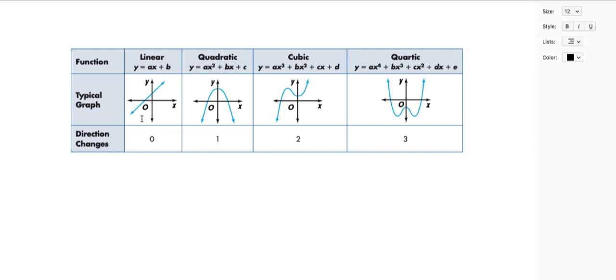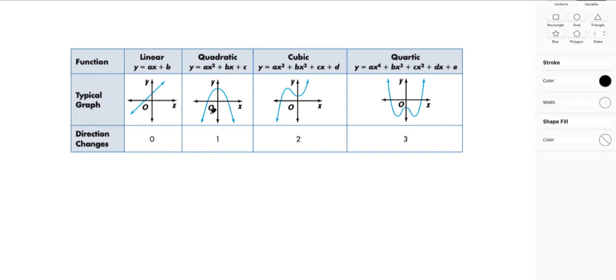So we know the linear function looks like a line and there's no changes in the movement. And we know that a quadratic we can have, and I like to call them happy and sad quadratics. You can have a quadratic that has this kind of change in direction, goes here, then there's one change, or you can have this kind of a quadratic parabola situation. And you've got cubics and quadratics, which shows the number of changes that we could have in terms of the direction. This is going to be important for us to kind of qualify the data and figure out how to